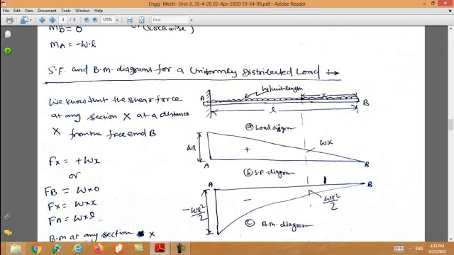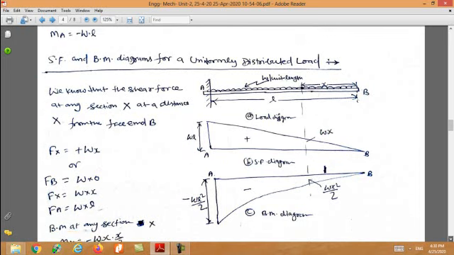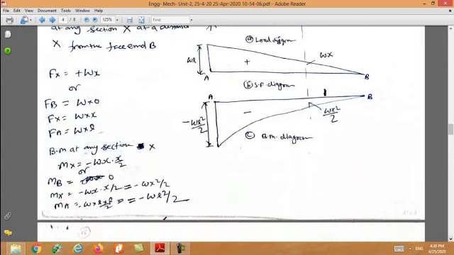Okay, so positive, it is this diagram above the baseline. The same way, bending moment at any section x, the equation will be negative. Why is it negative? Because the right side is clockwise. So minus W into x by 2. Now put the value of x as 0. If you put x equal to 0, then it is 0.